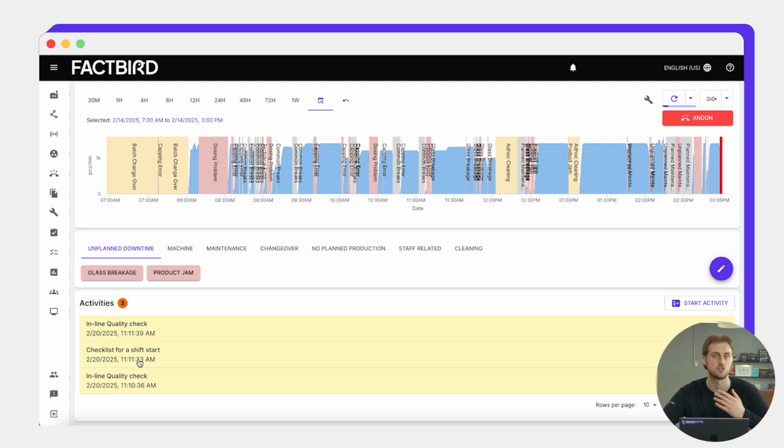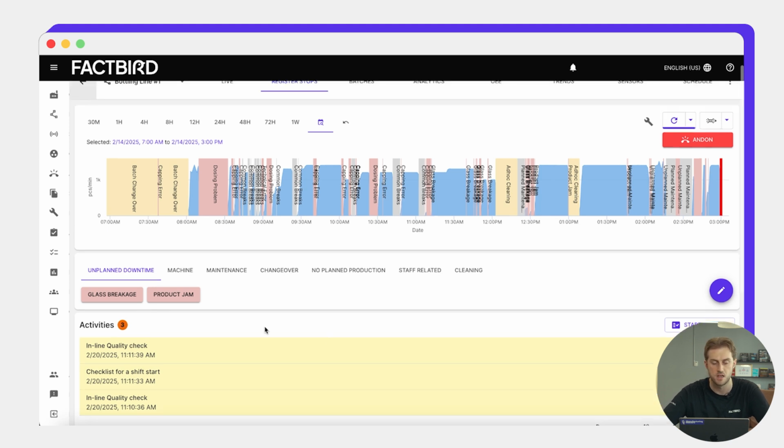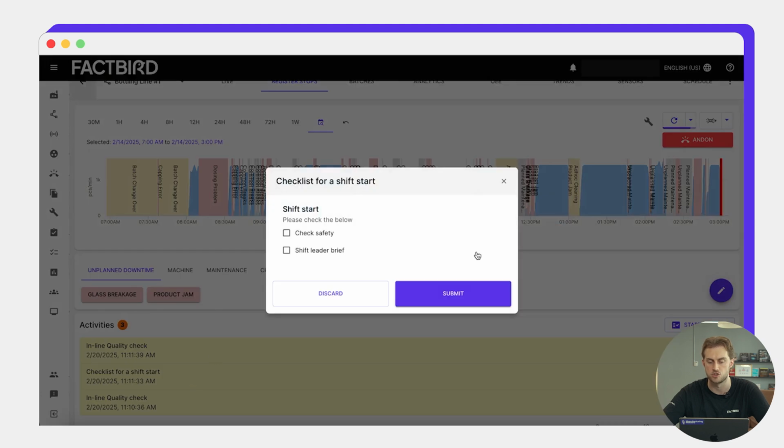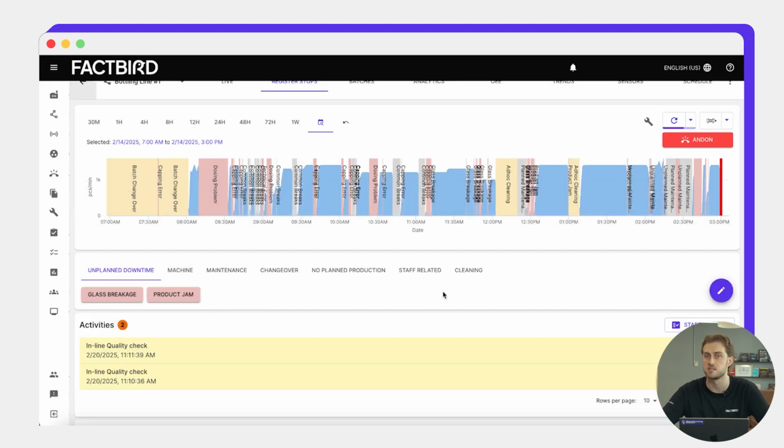a shift start trigger. So the operators will see these pop up and see a running number of how many activities they have to complete. In order to complete an activity, the operator just has to click on it, such as this checklist for a shift start. Say they have checked safety and done the shift leader brief, submit, and that activity has now been